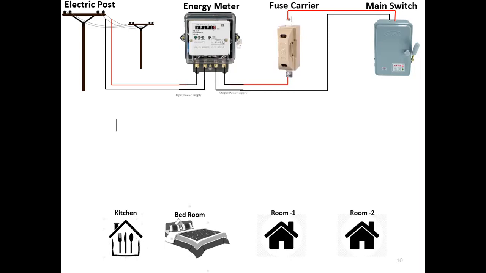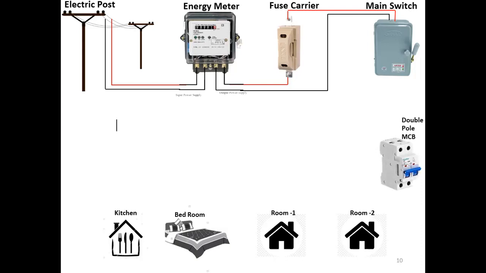In olden days, what we followed is that from the main switch they connected the load directly. No more procedures or anything. So in olden days we followed that. Nowadays, even in our LT system, that means low tension service connections, we use a distribution board. You might have seen the distribution board. You open that board and you can see a double pole MCB here.